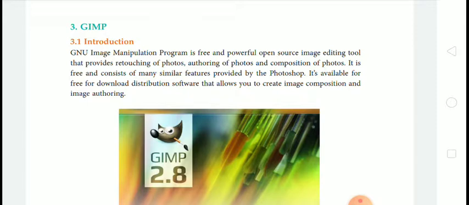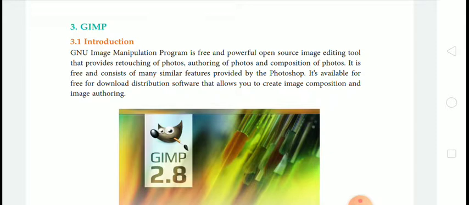GIMP stands for GNU Image Manipulation Program. It is free, open source software which provides retouching of photos, authoring of photos, and composition of photos.